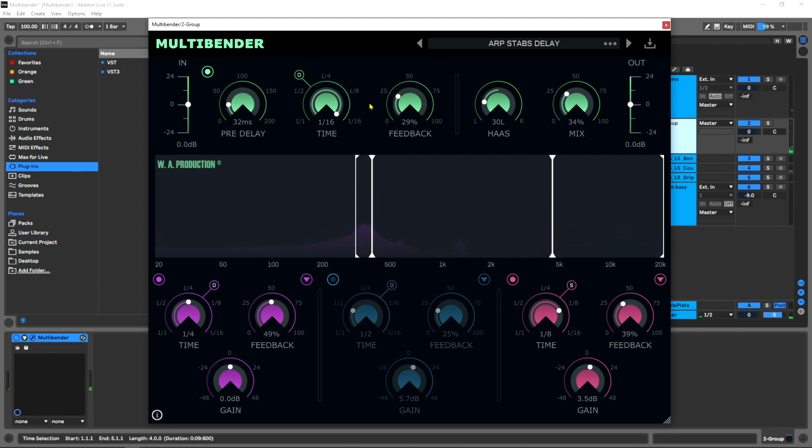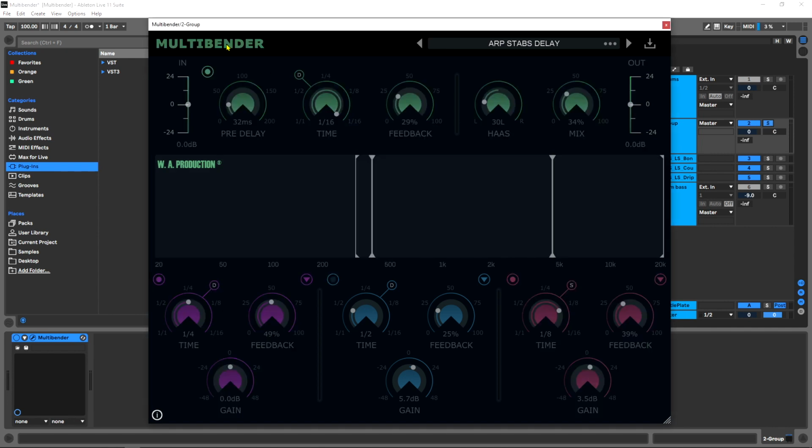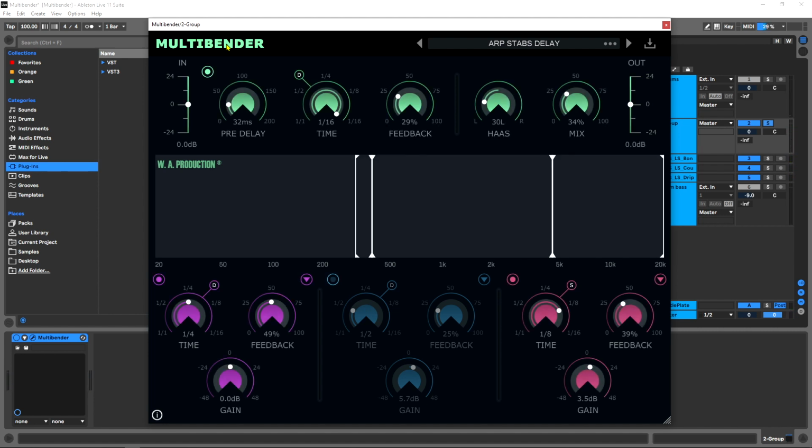If you agree with me, that's really livening up the organic feel of the track itself. This is the actual group. It's just got a few little things on it. I'm going to bypass Multibender for a second. This is all I have in terms of percussion in that group. Literally, that's it. And if we turn Multibender on,